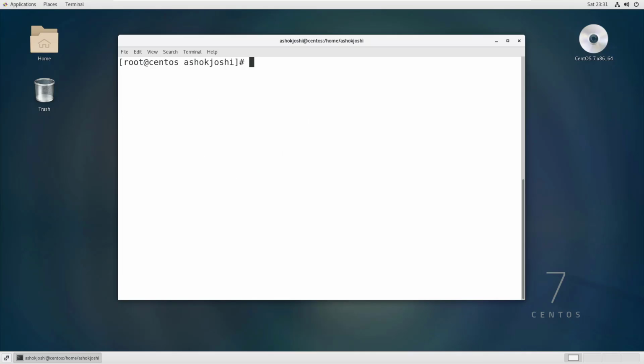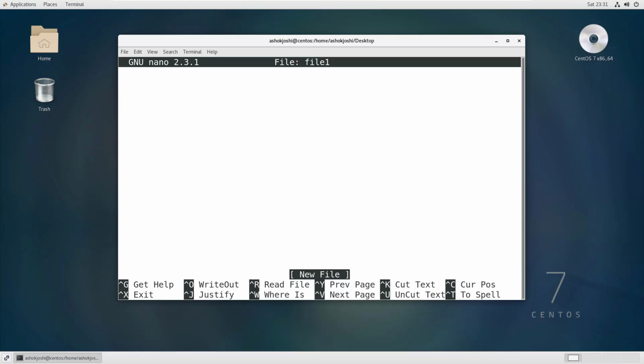Now let me show you how to create and open a new file. I will navigate to my desktop directory. Now I will use nano and create a file one. It will show me this is your file one, but we can see that we did not get any file one here. Why is it happening? Basically this file is created, but you will have to enter some content and save it, and once it is saved, then you can see file one in whatever the current working directory is.